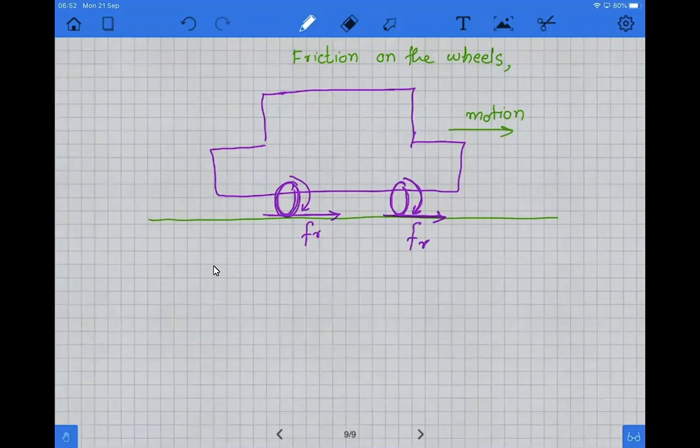However, on the two wheels, the friction could be same or different, yet we can call it FR1 and FR2. In the vehicle, we have 4 wheels in total. If we want to represent friction on the vehicle instead of friction on the wheels,